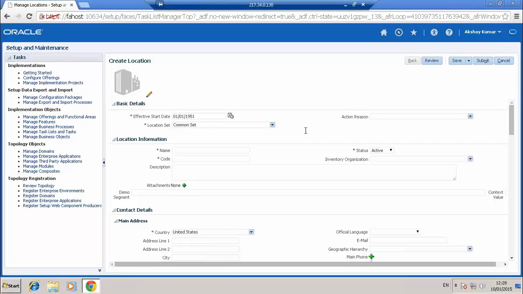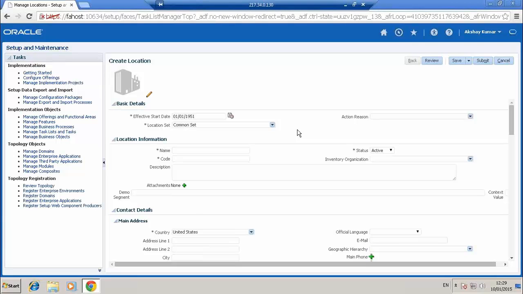So for location, if we go by the sequence of steps, the location is actually created before the legal address is created. Not legal addresses. Legal address is different, location is different. In Fusion, legal address is only for legal aspects for legal entities.